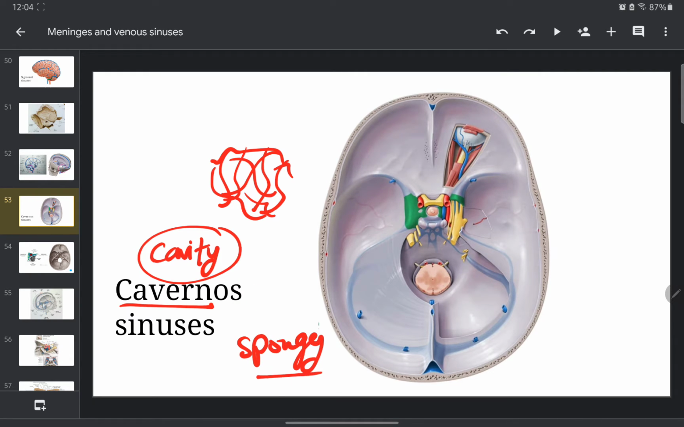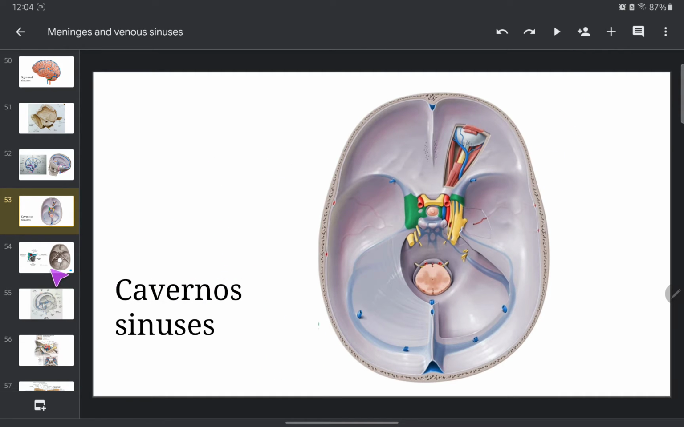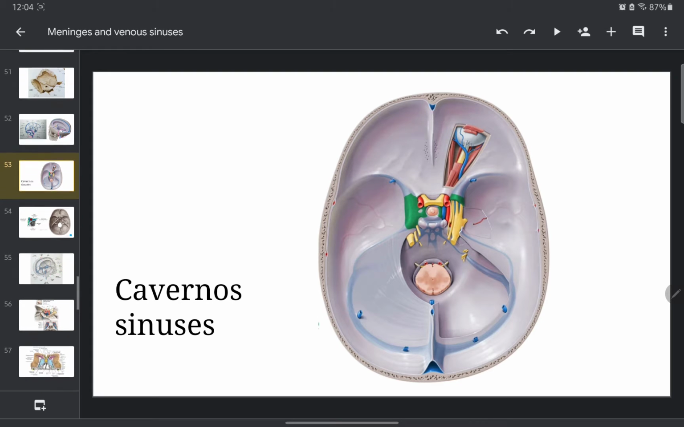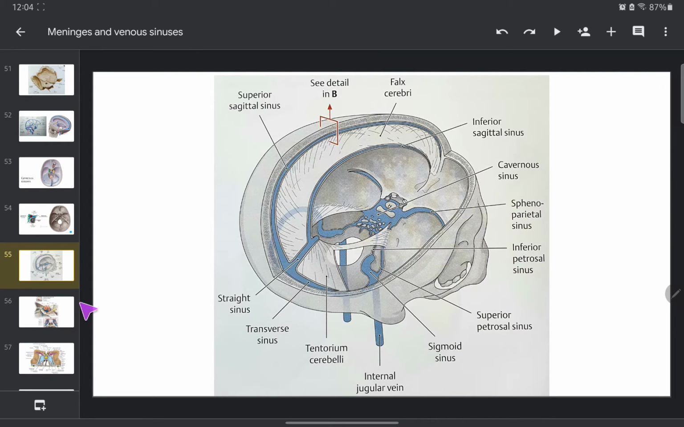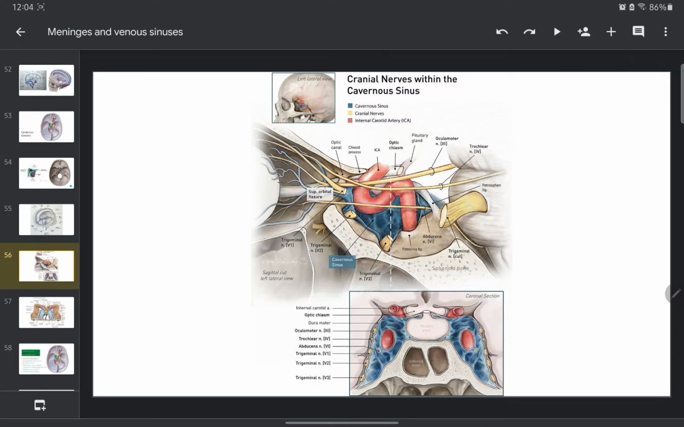It has a spongy appearance, and there are many structures that pass through this, as you can see here. This spongy appearance is a very important character of this cavernous sinus and a very unique character compared to all the other dural venous sinuses. What are the structures that pass through the cavernous sinus, as you can see here? This is a cross section through this part. You can see the internal carotid artery, how it passes forward inside this cavernous sinus,